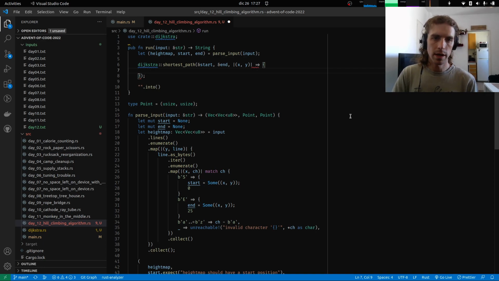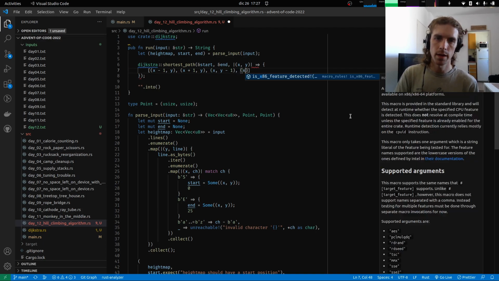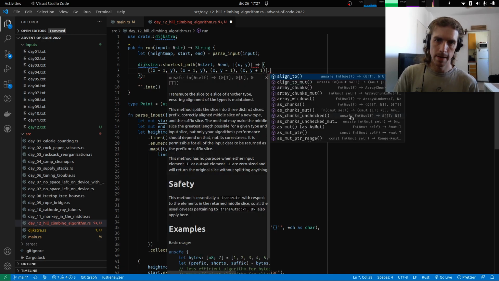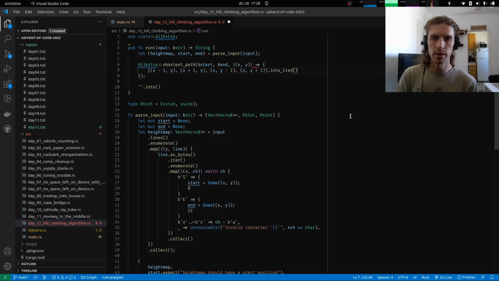Well, let's think. We could have all the directions that we want to move to. So we could say x plus 1 and y, then that will be right. Let's start with left. But actually, we would have underflows here, I think, so I don't know if that will work. x plus 1 and y, this would be right. Then x and y minus 1, this would be up, and x, y plus 1, this would be down. We can do this in a tuple. And then,